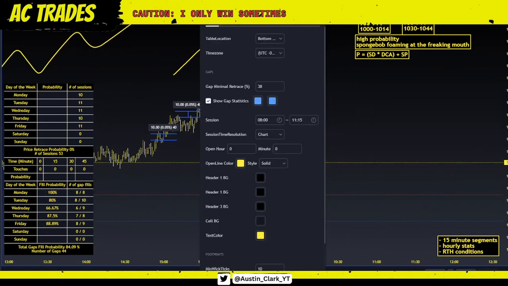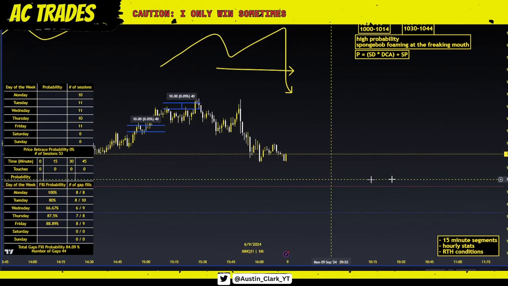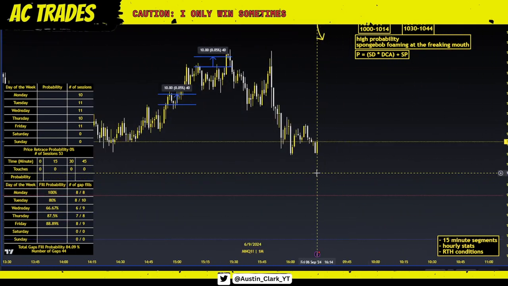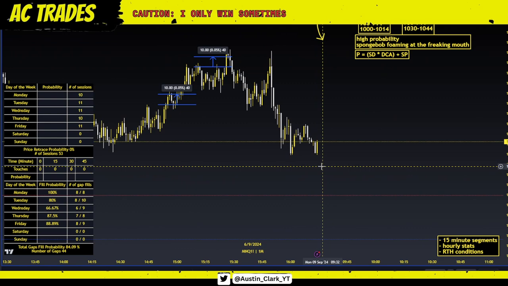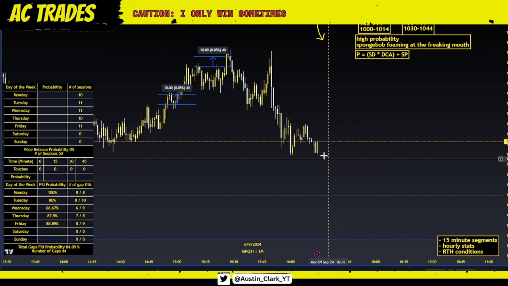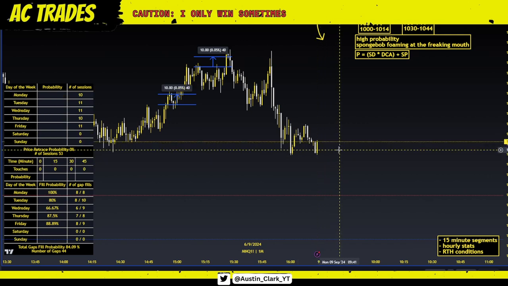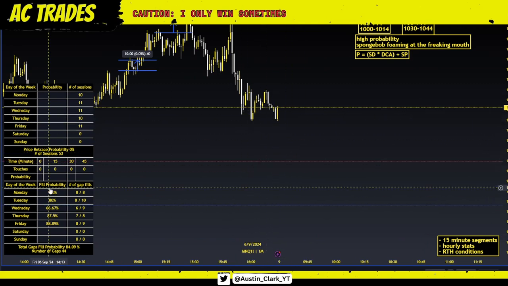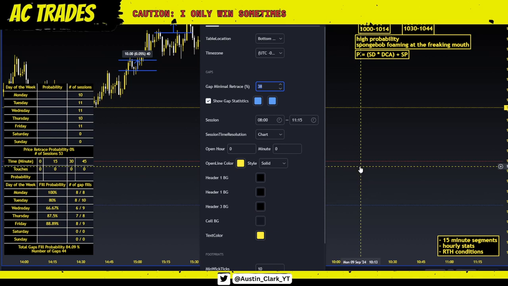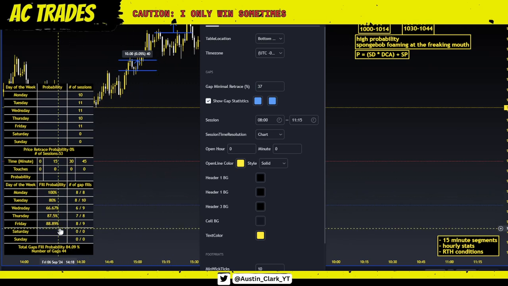So when you're on RTH, you're then going to come over here and click Show Gap Statistics. And now here's a super cool thing you can do. Before every market open, there's naturally going to be a gap most days. Some days we open right where we closed at settlement, but most days we create a gap. And so you can take the midnight snap and slowly, in increments, increase this gap data until you see what a 100% probability in the past 9